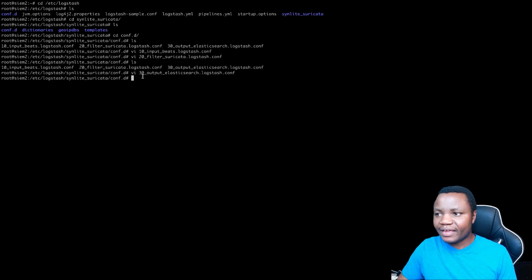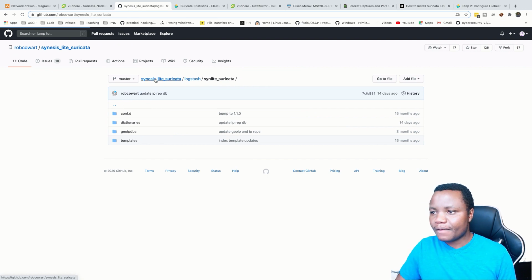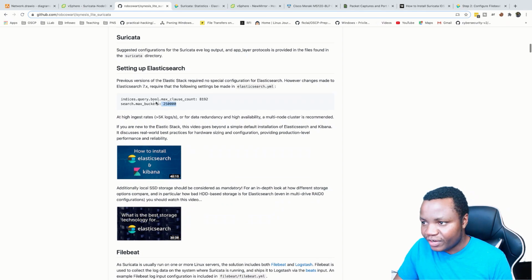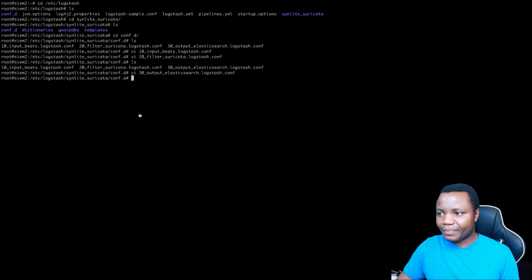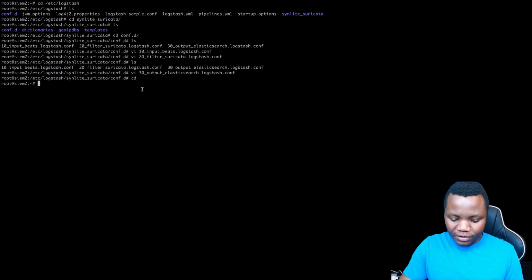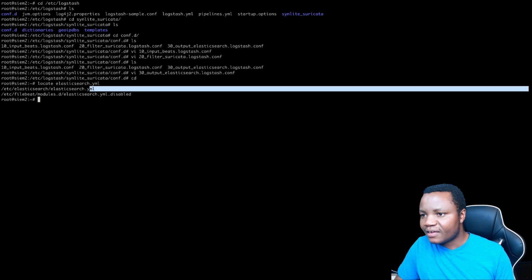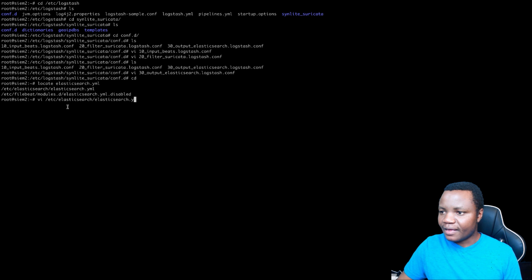And once you have everything in here, you also want to make sure that you follow these steps here. They're all outlined here, but I'm showing you what you need to do. First, you need to edit your elasticsearch.yaml and add this line. I'll show you how. So we can locate .yaml if you forgot where it is, and here it is. So now that we found it, let's copy and vi elasticsearch.yaml,